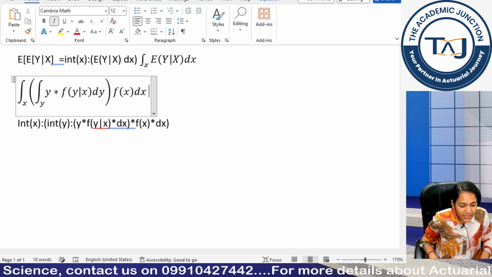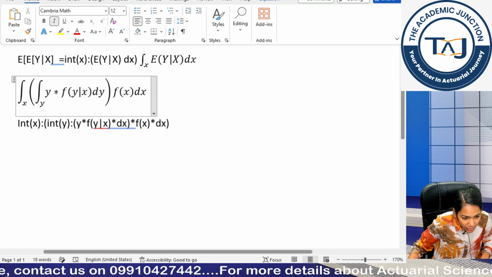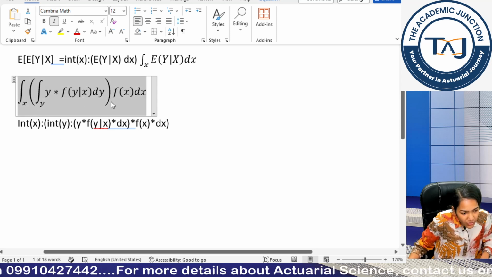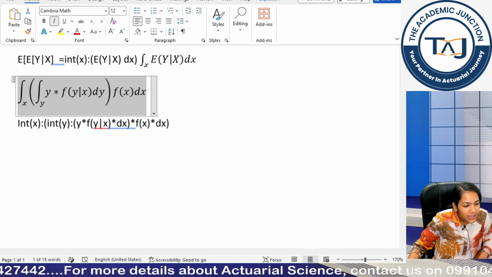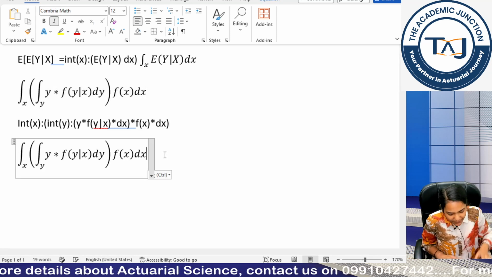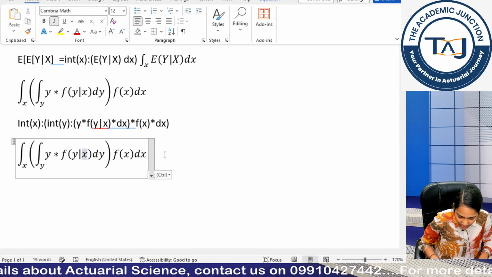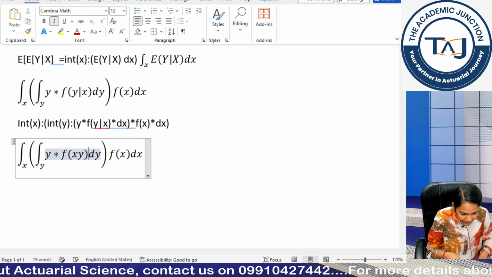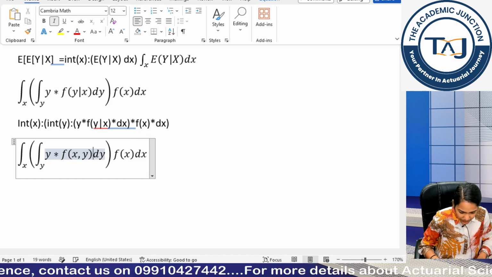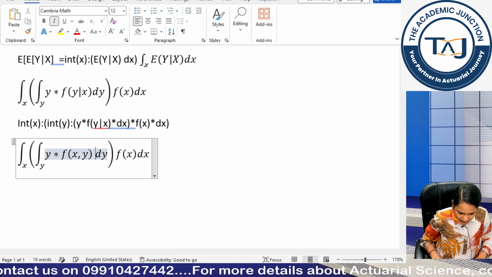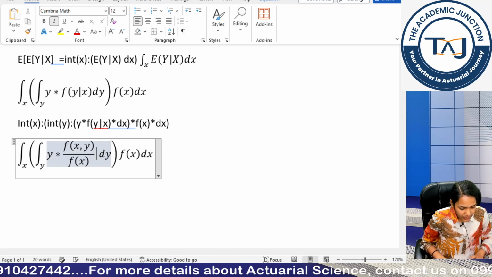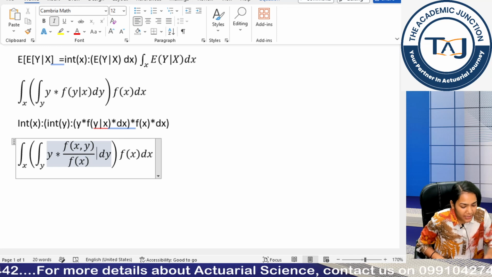Clear guys? Now I just need to copy paste everything, because I just need to define another random variable for this. Everything else remains same. So what I just do is copy paste. Someone was asking me, can I use Control C, Control V? Yes, I am using Control C, Control V for you. So paste everything. I just need to change this. This will become basically my x comma y, sorry, and this I need to divide by what? Fx. Look, hypotenuse, space bar, so my fx came down.